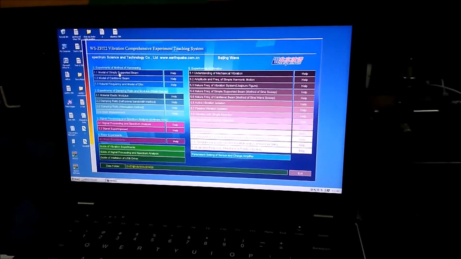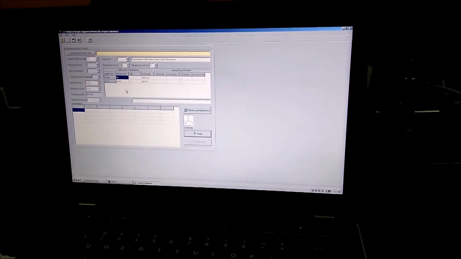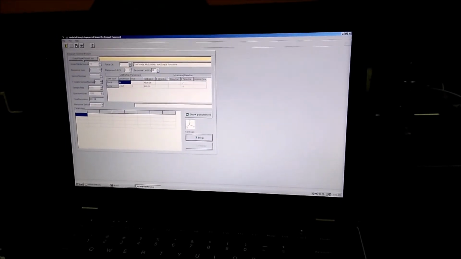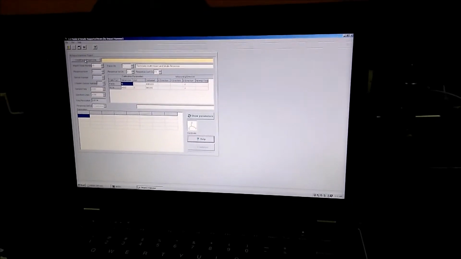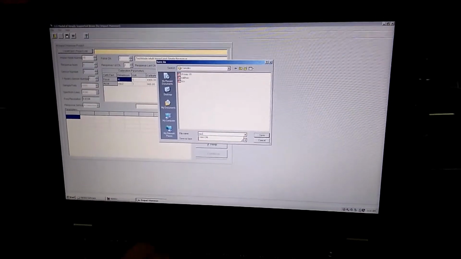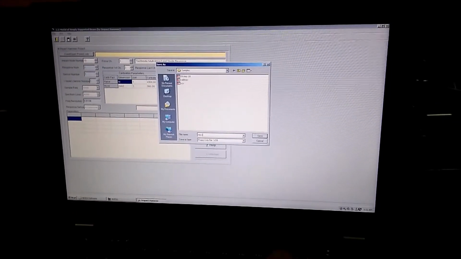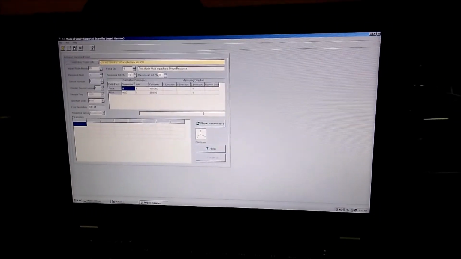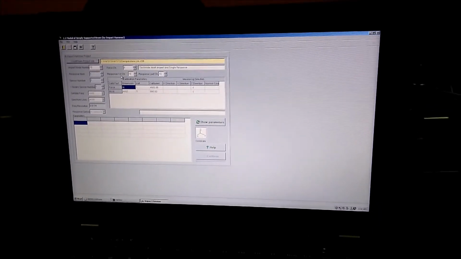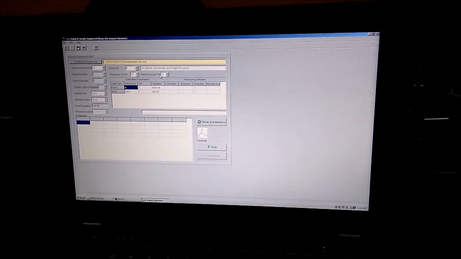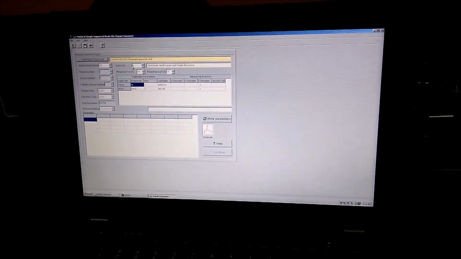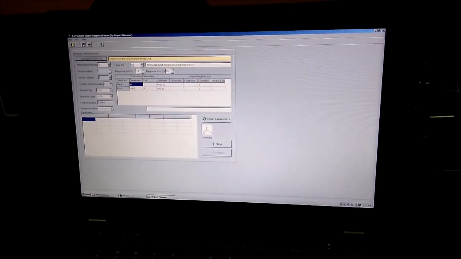Now we will start with the experiment. First of all, you have to create a job or open a previous job if you want to read in a previous experiment. So we are going to create a new job with the name new job. Once it is done, it selects the response channel as 10 and the last response channel as 10, which is nothing but the piezoelectric accelerometer, and the force channel is channel number 9.